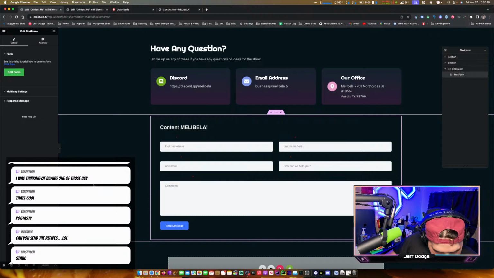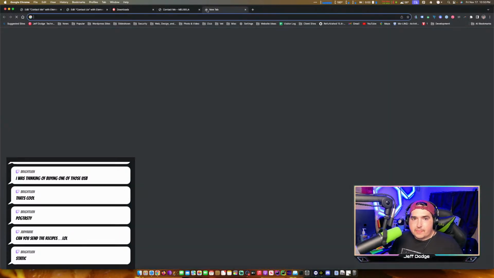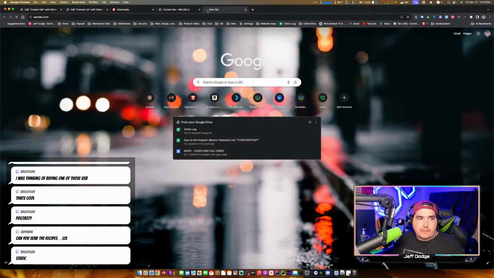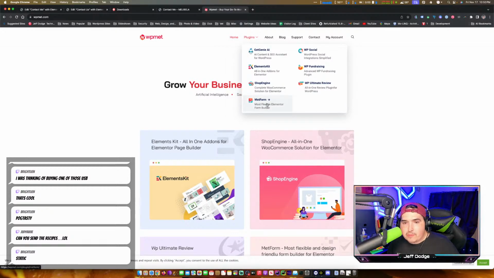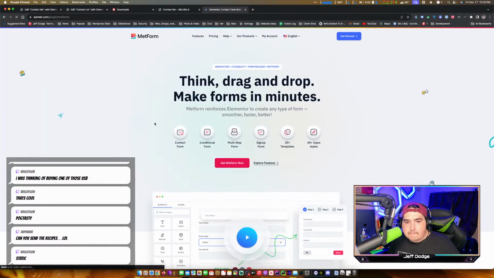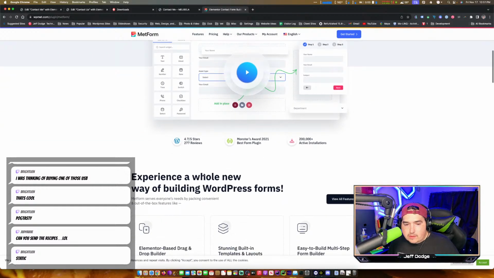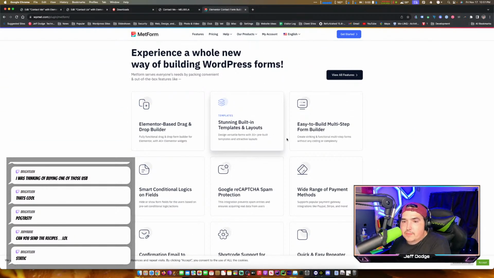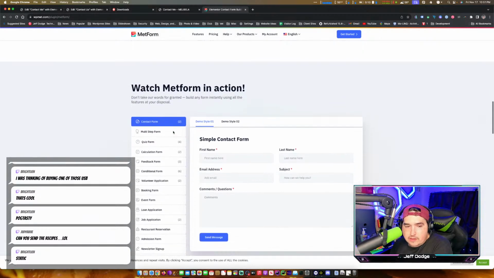All right, I think this was, okay. So, I want to see something. WPMET.com. I wonder if their form, the MET forms, will do polls and stuff. So this MET form, most flexible Elementor form builder. Contact form, conditional form, multi-step, sign up, 30 plus templates, 40 input styles. So it is, I like the smart conditional confirmation, but yeah, it doesn't look like,